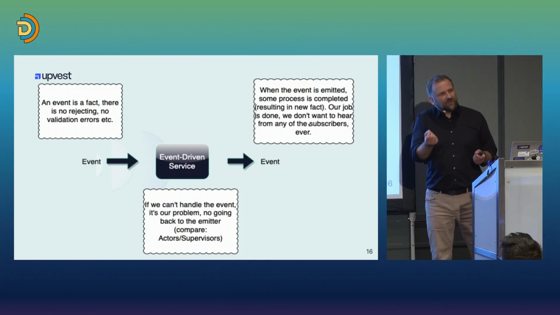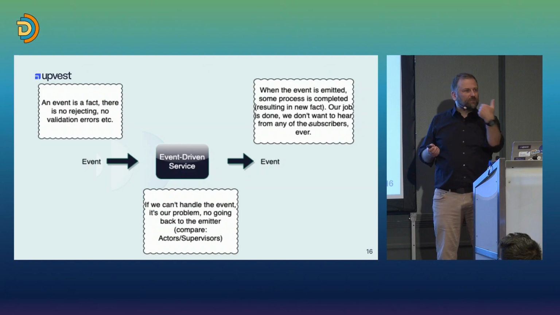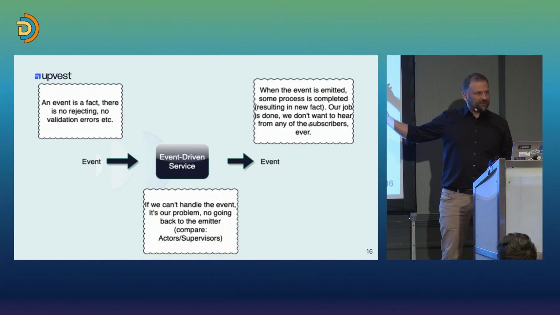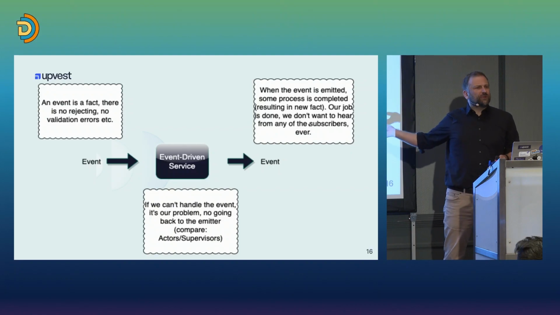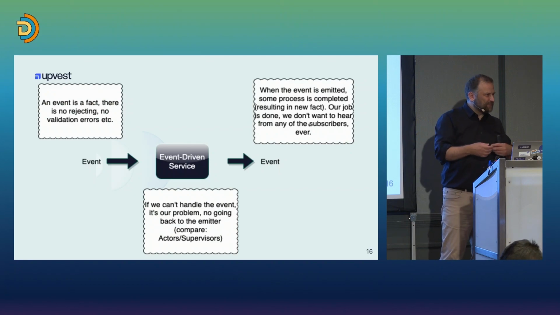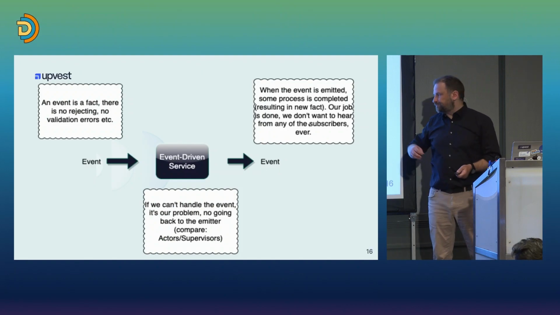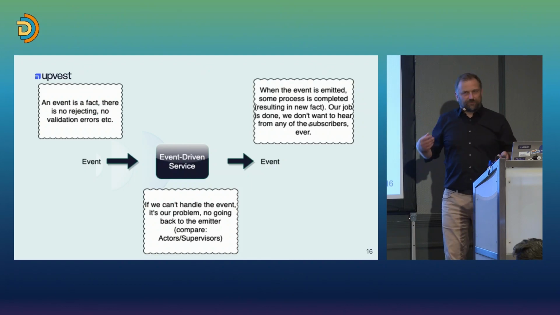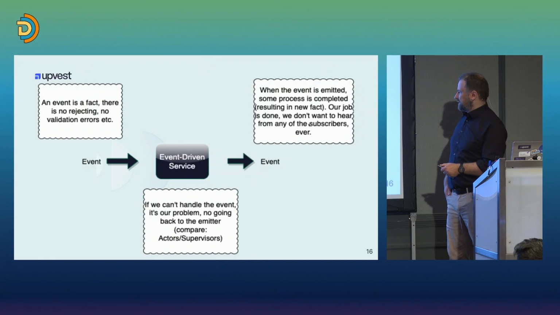In a real event-driven architecture, when you pick up an event and you have some issue with it, you'll never go back to the emitter of the event. And even more, if you emit an event, you're never interested in what the subscribers of these events do. This is at runtime. When you build the system, when you design it, of course, you want to talk to the people who subscribe to events, and you have to send meaningful data, and so on. But at runtime, you don't even care who picks up the event. Why would you wait for some response? You don't even know how many people would possibly respond to it.